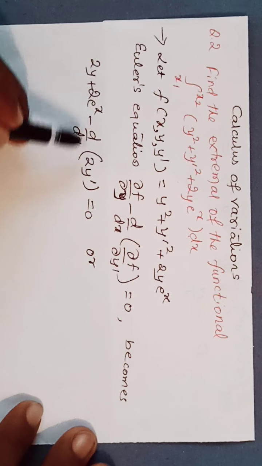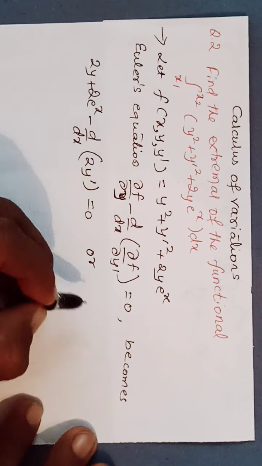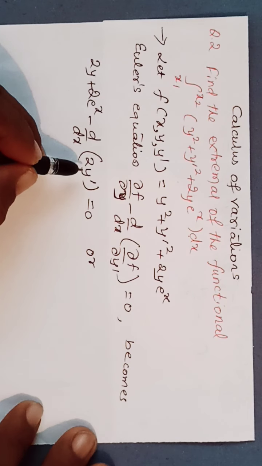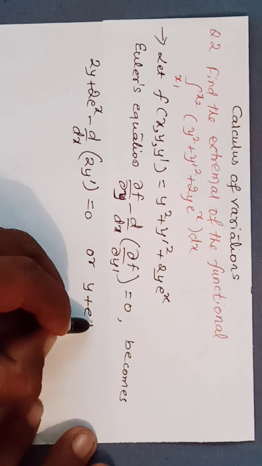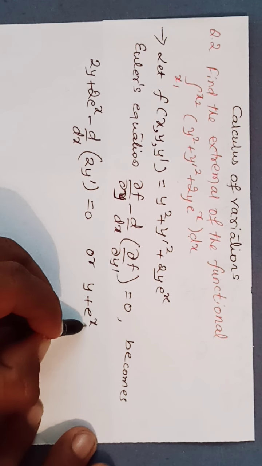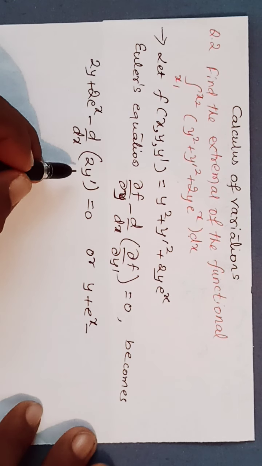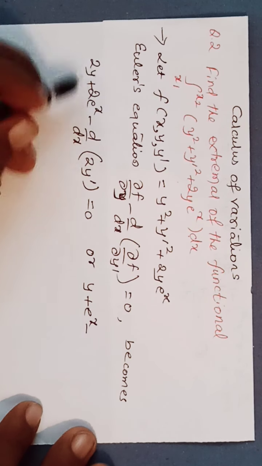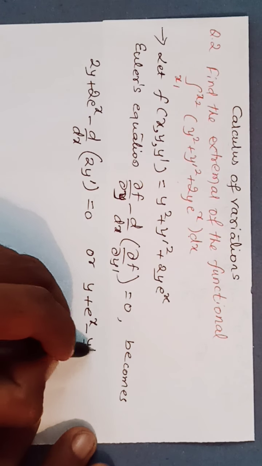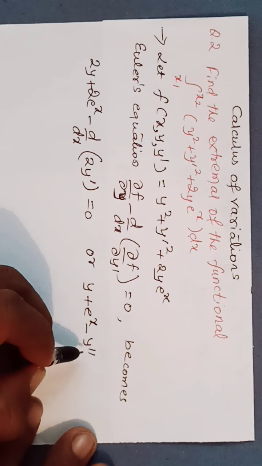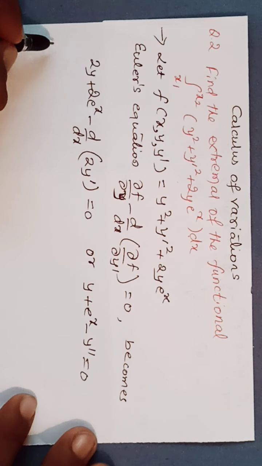Here 2 is there, 2 divided by 2, that means y plus e raised to x minus d by dx of, here 2 gets cancelled, d by dx of y dash is nothing but y double dash, this becomes 0,